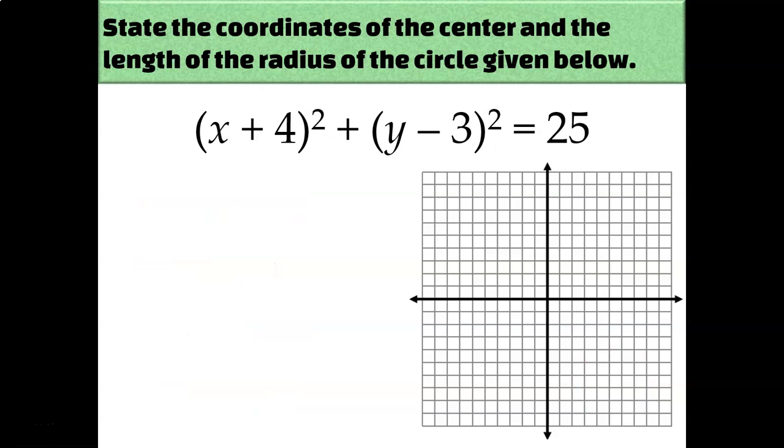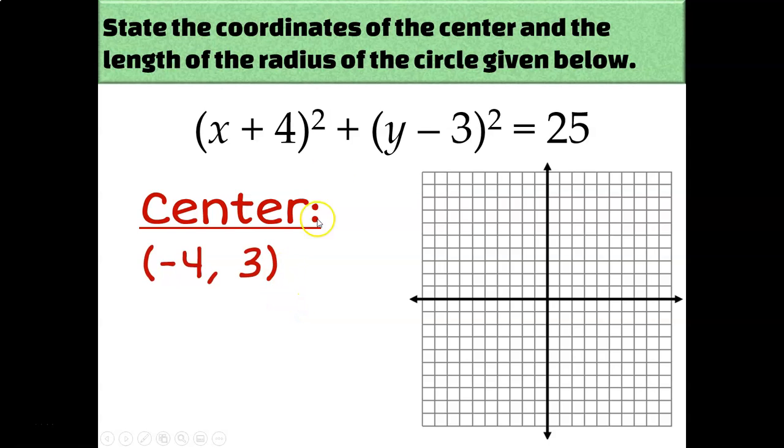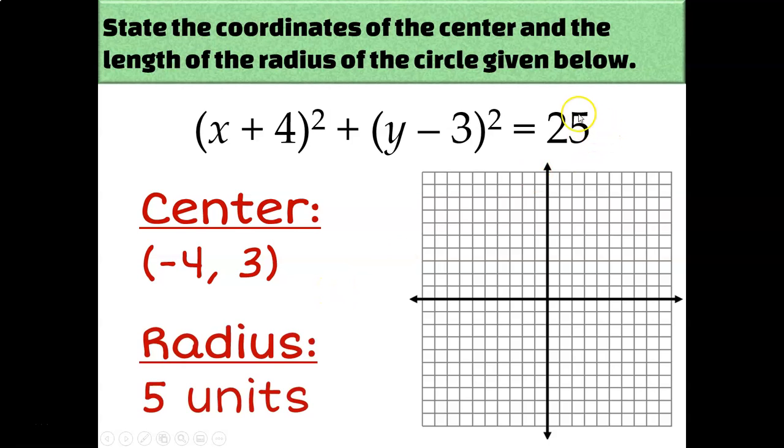Let's try another one. The coordinates of the center would be the point (negative 4, positive 3). It's the opposite signs of what you see. And the length of the radius would be 5, because it's the square root of this number, r squared. So put a point at (negative 4, positive 3), and count up and right and left and down 5,